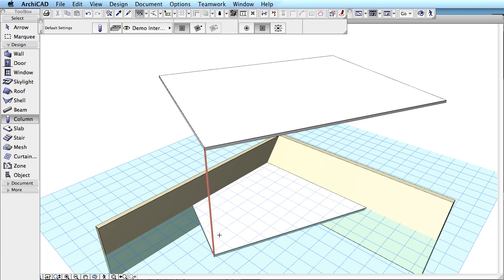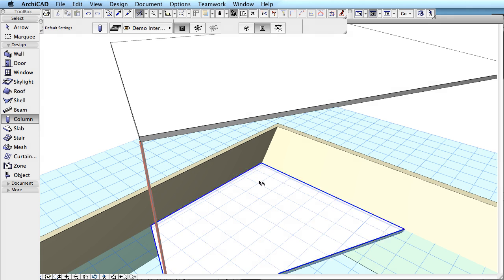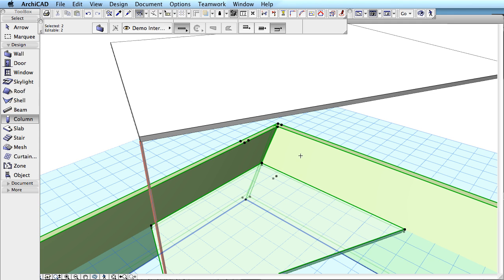As you can see, the top of the column is located exactly at the edge of the upper slab. This proves that the newly created lower slab is in the vertical projection of the upper one. ArchiCAD provides not only 3D guidelines, but also helps you find your way and survey the position of all elements in perspective 3D views. For instance, if we select all these walls on the new slab, you can see that